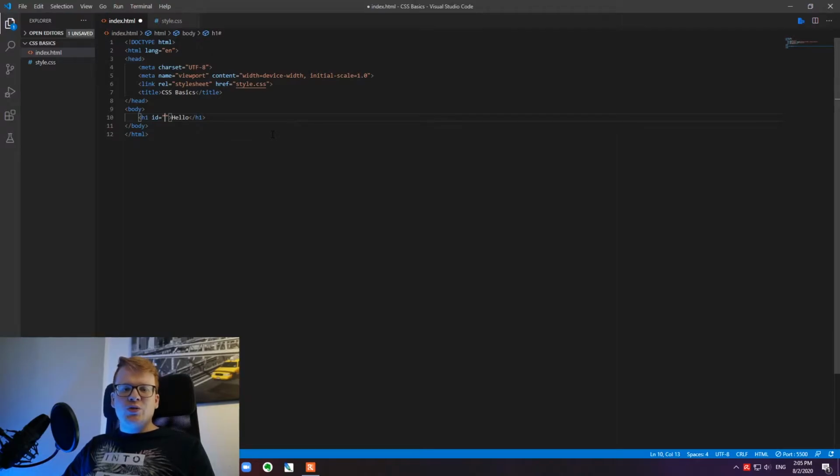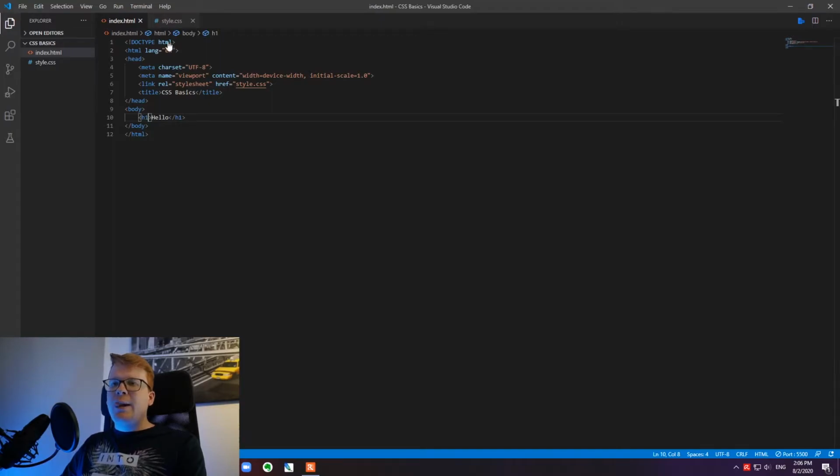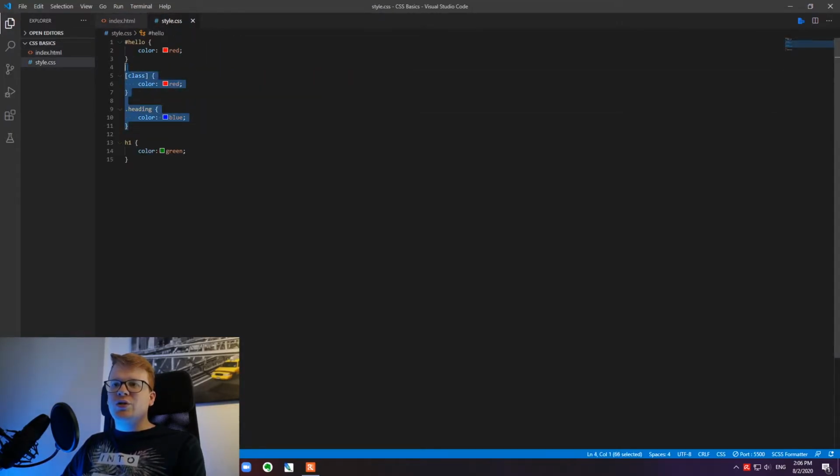What you want to do is write specificities which are as low as possible, so that you can override them easily. If you would, for example, have an H1 in your document, then you don't add an ID to that element to give it a heading and style it, because that would not be necessary. If you have a document which looks like that, then you just could use the